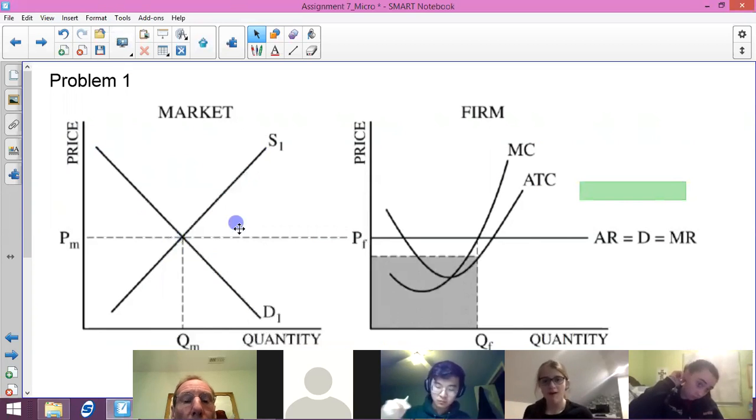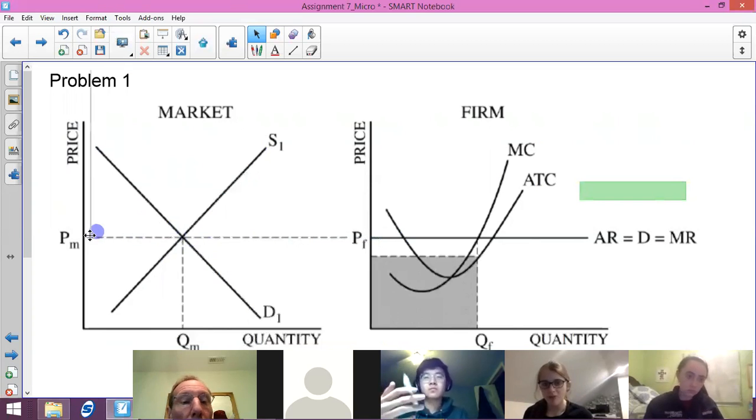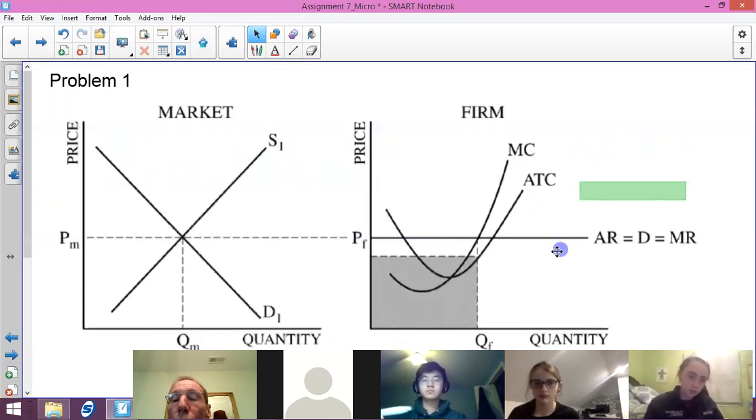Now, your price, you want to bring that straight across, and your price in your market graph becomes your demand curve and your average revenue and your marginal revenue curve in your firm graph. It's going to be perfectly horizontal because the price is the demand curve for the firm. Okay, so that's just a straight horizontal line, and you want to draw your average total cost curve needs to be a U-shaped curve,